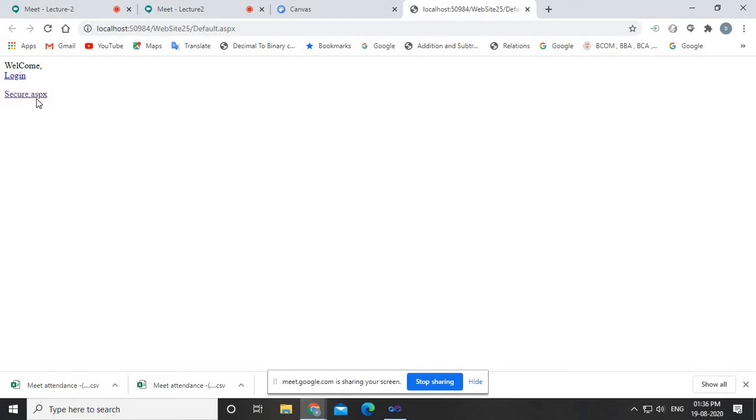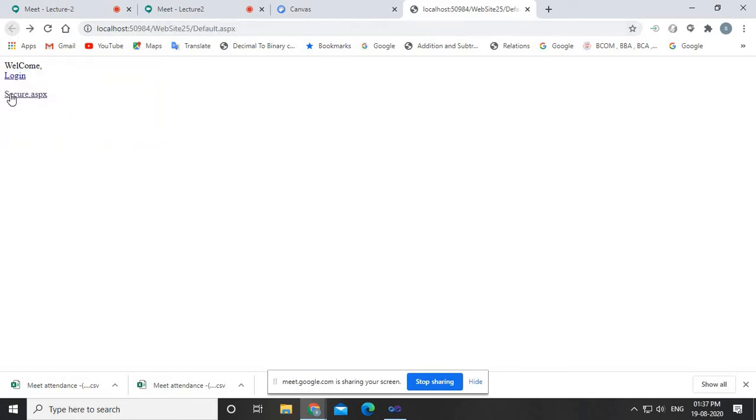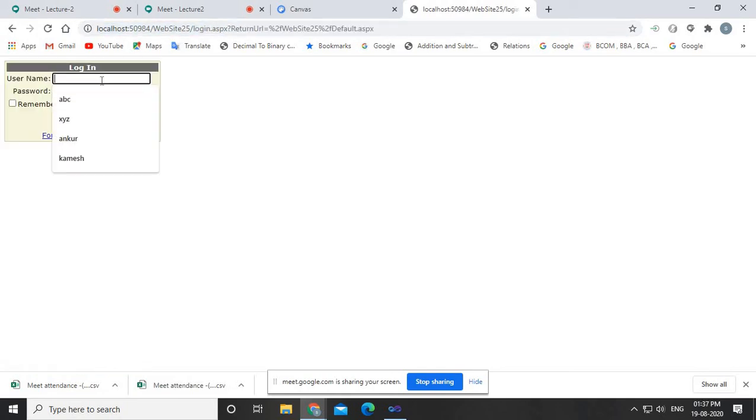See, if you click on the secure page, it will automatically redirect you to the login page, right? Why is it redirecting us to the login page? Because we do not have sufficient privileges. If you want to access this particular page, then we have to log in. Okay, fine. Now suppose we have just opened default.aspx and now I am doing a login.